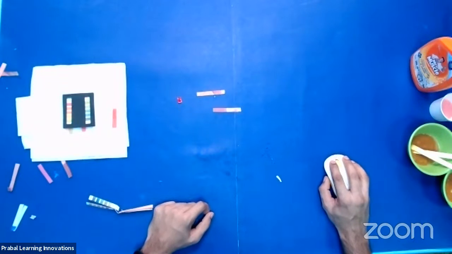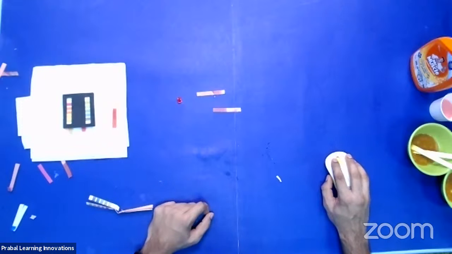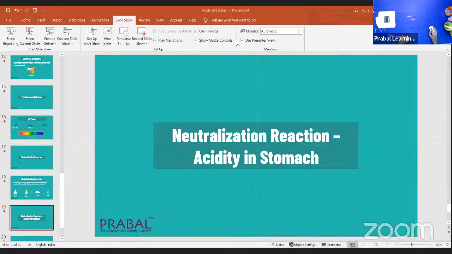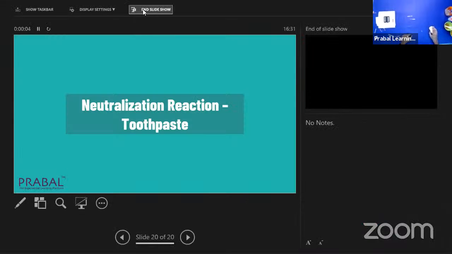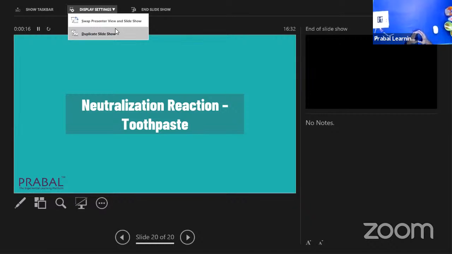So the next example we are going to see is a very important one, a very important habit that we all must follow. I'm hoping that everybody is already following this, that is brushing our teeth. Let me explain the scenario here. Our mouth has microbes living in it. Our teeth are covered by a protective layer called